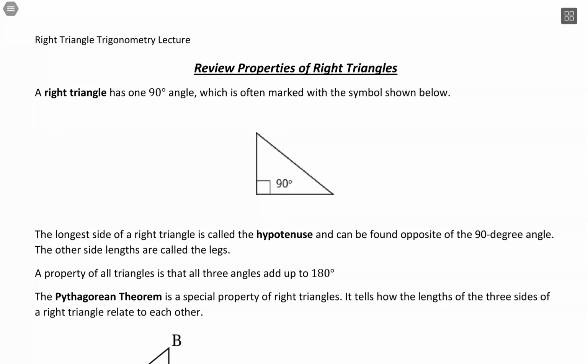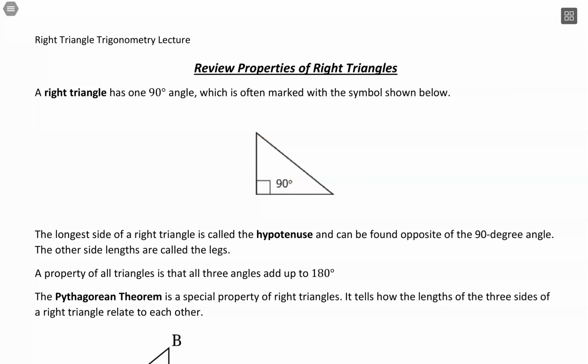of our right triangles. So a right triangle, it's right because it has a 90-degree angle, which we often denote with this kind of square in the corner where that 90 degrees is happening. Then just to jump to, there's a property of all triangles. It doesn't have to be specifically right, where all three angles have to add up to 180 degrees. So something we'll deal with a lot is maybe we'll know one of the other angles, but not the other. So to solve, we would use the idea that 90 plus one angle plus the other should all add up